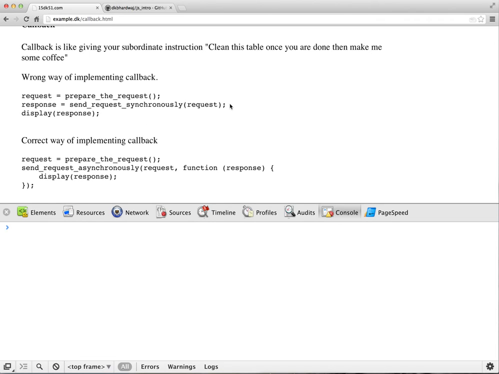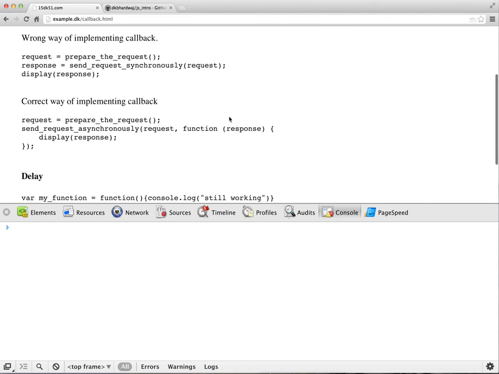So in this case, the browser will wait or hang up until the response is returned. The correct way of implementing a callback is: request, prepare the request, send request, and then we are giving it a function. This is the callback function. So once this request is completed, this function will be executed. Whatever response comes, we are giving it to this function, and we are displaying